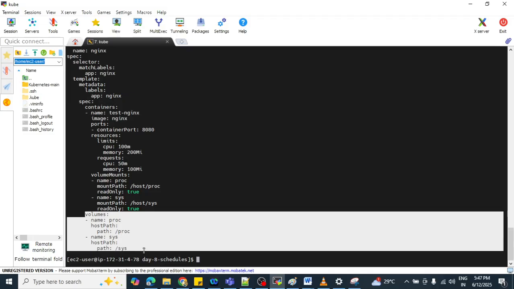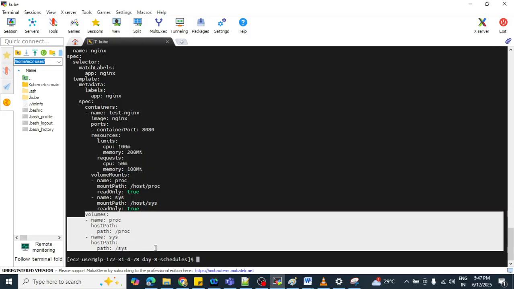Next is volume and host path. Basically what we are doing here is mounting our host path in our container. It mounts the node's /proc directory into the container at /host/proc, and it is read only.